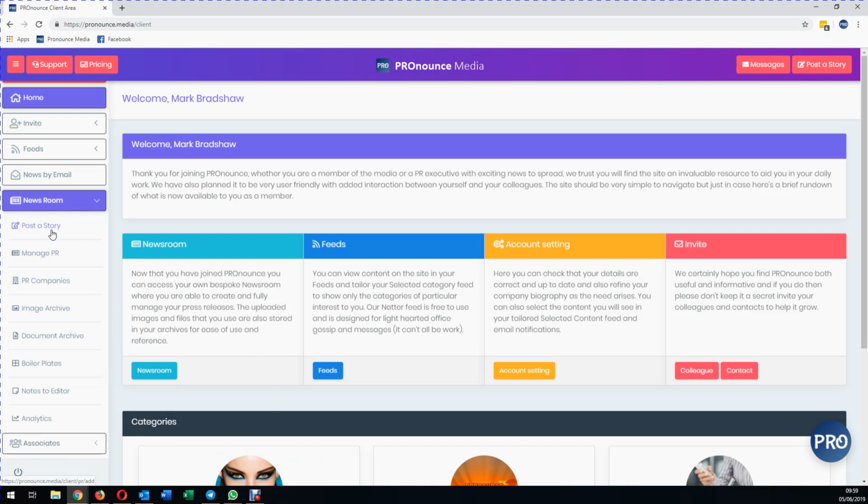You'll see the first one there is post a story. You can also post a story from the link at the top right. But we'll deal with that in a separate explainer video because that is a little more complicated. So your basic controls here in the newsroom, click on Manage PR, which is the next one down, and you'll